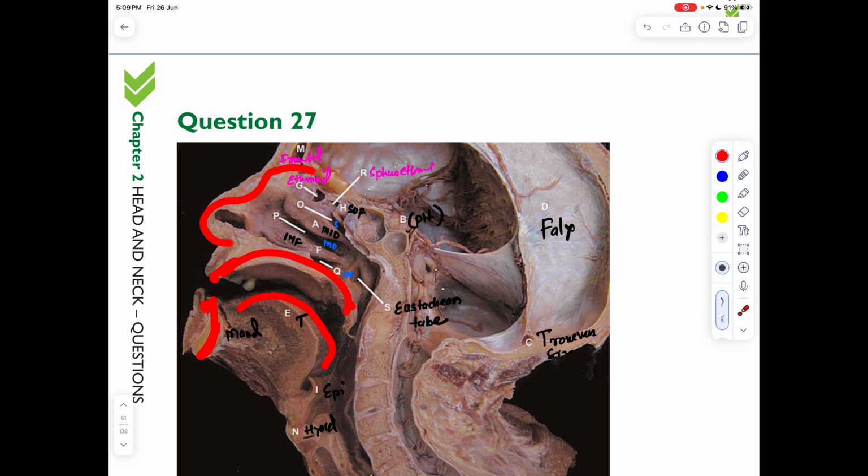So larynx is anterior, esophagus posterior, this is the vertebrae, and here are the vertebrae like this. You can see the cervical vertebrae 1, 2, 3, 4, 5, 6, 7. So these are the 7 cervical vertebrae. So you can see the spine is like this and a lot of muscles. So this is the neck,